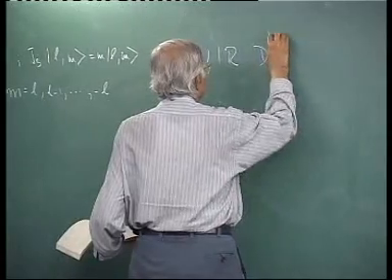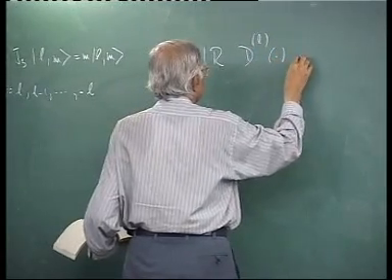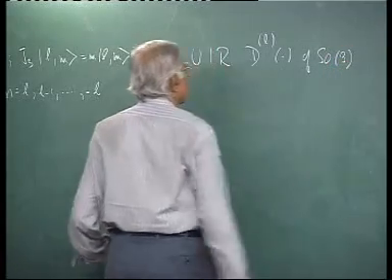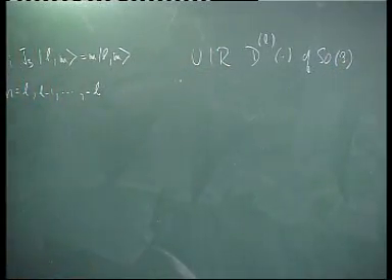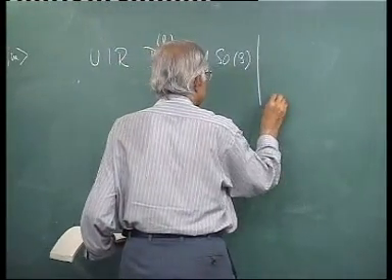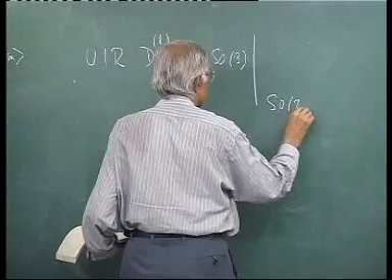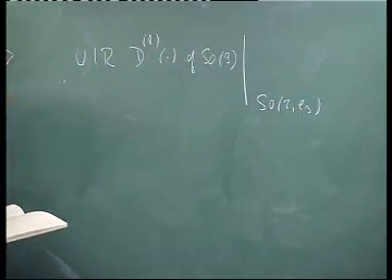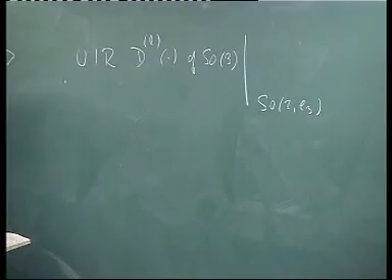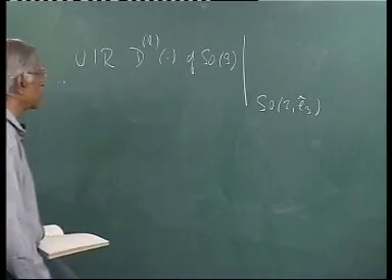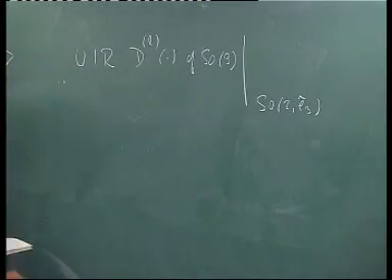If you start with the irreducible representation number L of SO(3), and if you restrict yourself to two-dimensional rotations about the z-axis, so it is a subgroup SO(2) with the axis being e3,